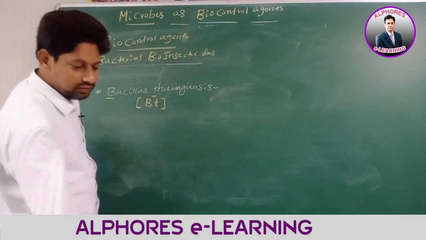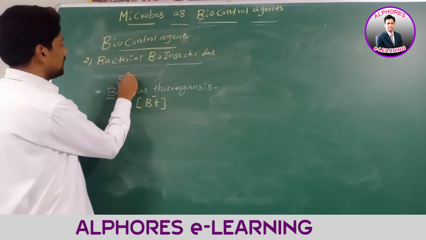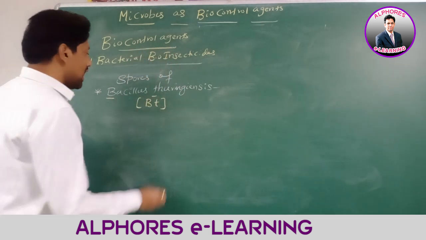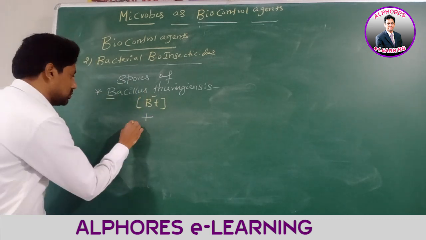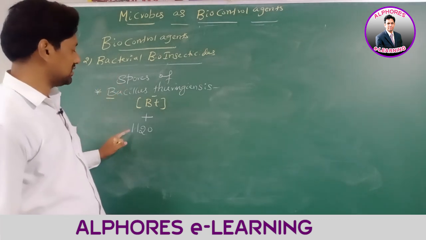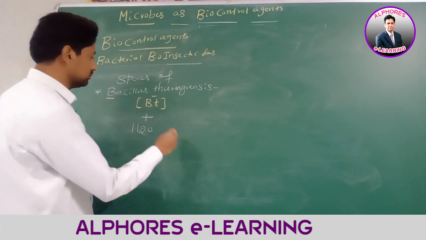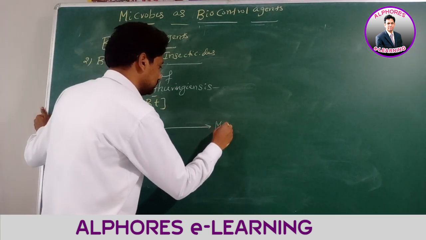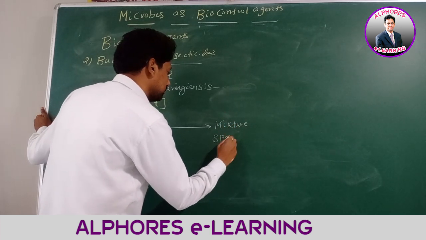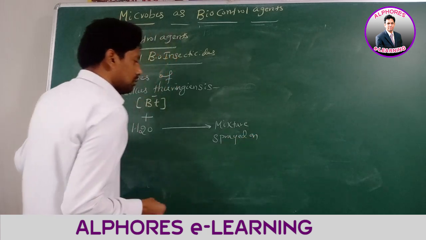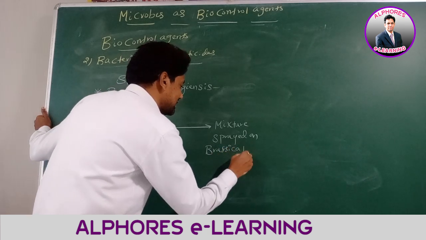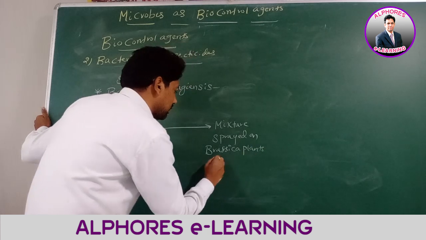What a farmer did was get these spores of Bacillus thuringiensis bacteria and mix them with water. They mixed the spores of Bacillus thuringiensis bacteria with what, sir? Water. And this mixture was sprayed on brassica plants and